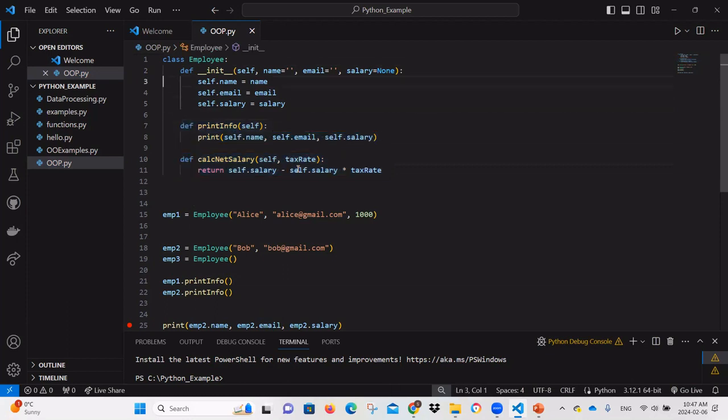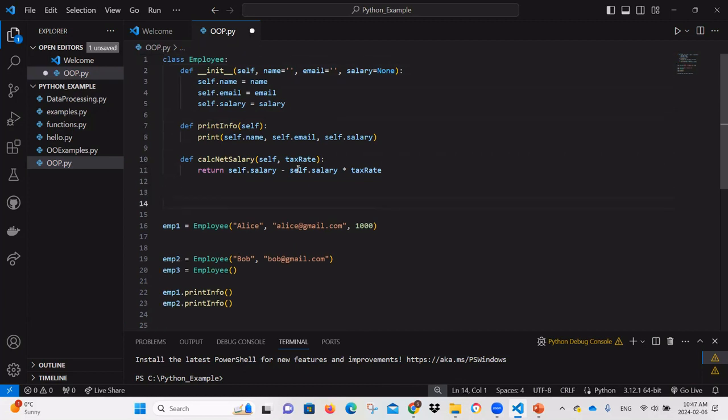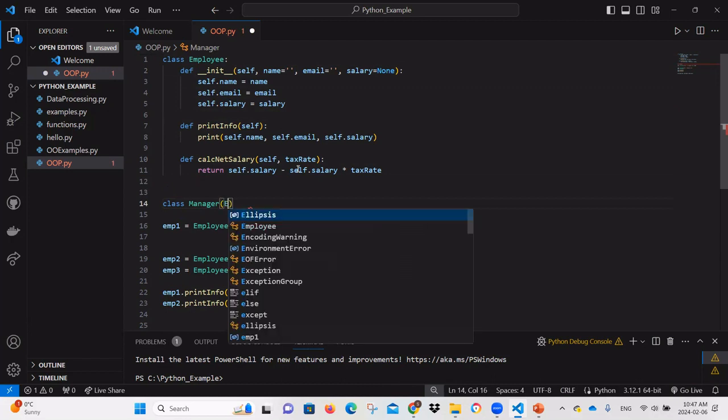So we can create a class called manager that repeats all the code, which is a big no. You don't want to duplicate your code. So instead of repeating the code, you can define another class that's called the manager. And the manager is actually a special type of employee. So the way we perform inheritance here is to type the name of the parent